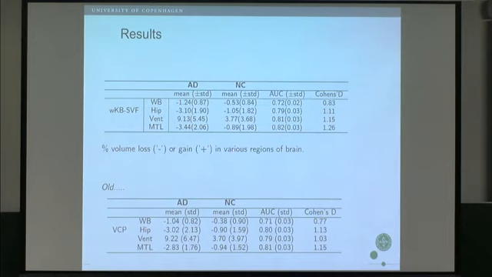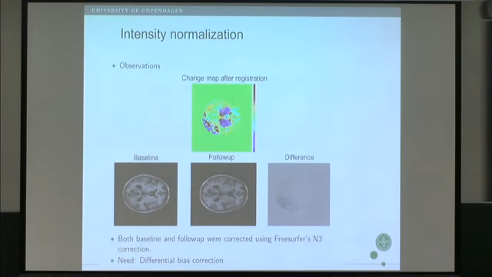So that was, of course, a disappointment. All these steps to do things better, we could argue we are slightly better if we put in the positive view of it, but it turns out very easily that everything comes from the intensity normalization. All the error comes from using the standard N4 algorithm to remove the bias field from the MRIs. That is doing it in a way that is not sufficient. So next step